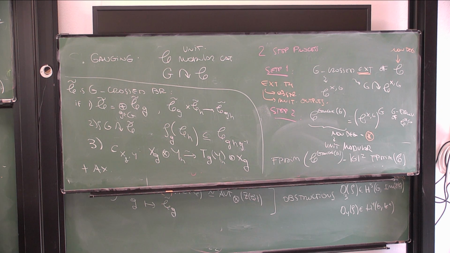Is the central charge an invariant of the Morita equivalence class? I need to think. Quickly, I would say no, but I don't know. I need to think for a second. I mean, maybe it's yes, because it centers. I will think for a second. I mean, the thing is, the central charge you want it for modular, and the centers of the modular categories are basically the category. It's not the same, but it's related. So in this case, I would say yes for the modular case.